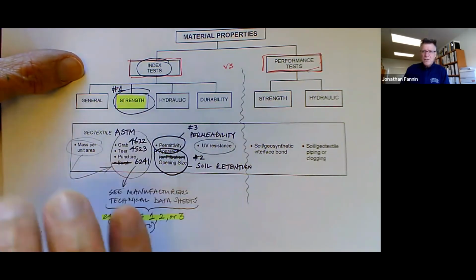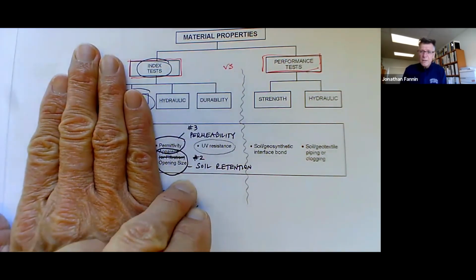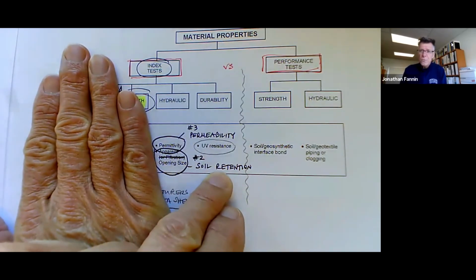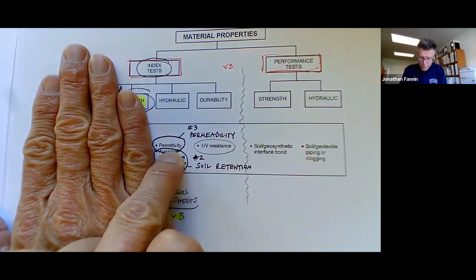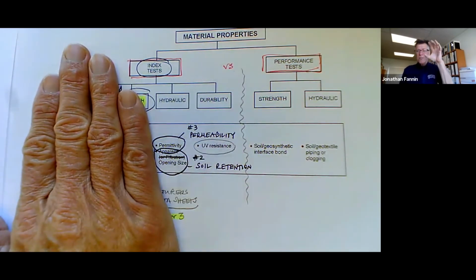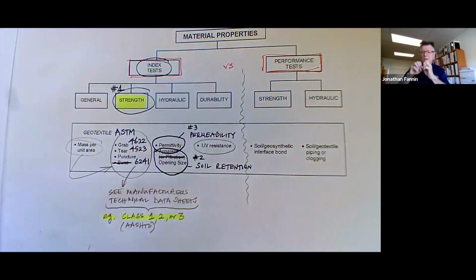With respect to categories, done. That's all we want to know about that. Our main focus moving forward today and into next week is on the opening size, because that's going to help us with filter design for soil retention, and the permittivity or cross-plane permeability. We want the opening sizes of the geotextile to be sufficiently tight that they provide for base soil retention, but we also want them to be relatively open so that we have adequate, let's call it unimpeded, drainage across the geotextile.